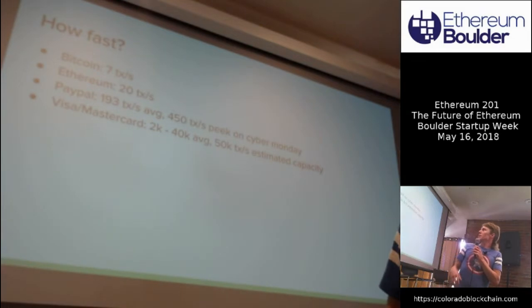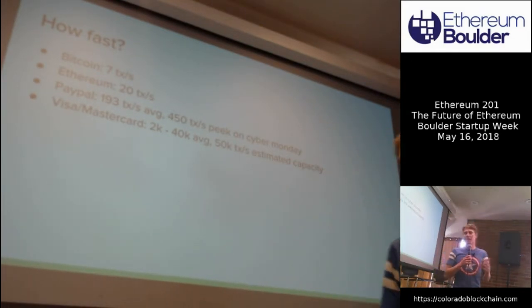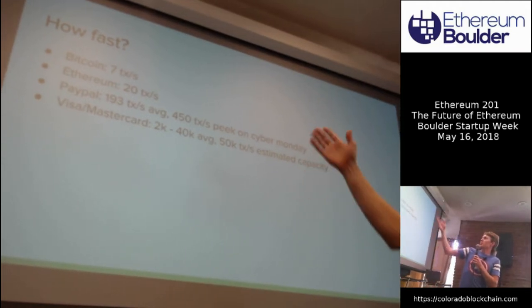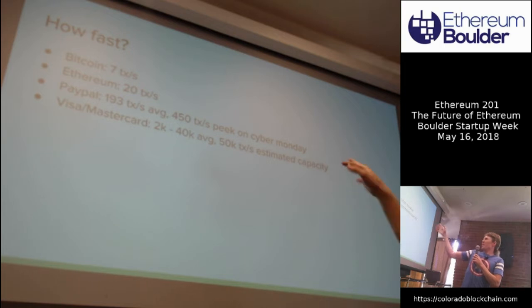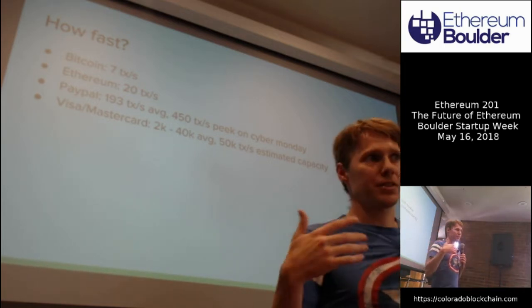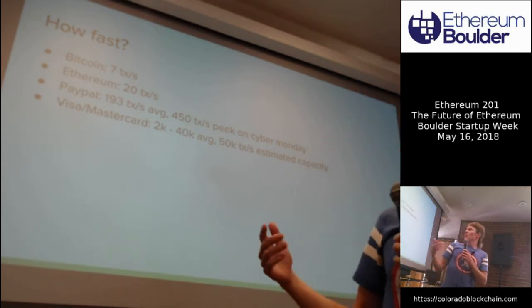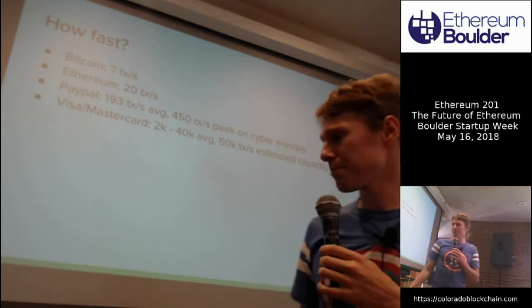Cool. So let's talk about where we are today, because for the concept of scaling, you need some baselines, and this is sort of my picture of the world. Bitcoin, we've got 7 transactions per second, Ethereum, 20 transactions per second, and then we start getting into these other things and we get much bigger numbers. Visa and MasterCard, I found a wide variance, but essentially if we want Ethereum to be this majorly adopted mainstream thing, we've got a long ways to go. We're off by 2 orders of magnitude here.